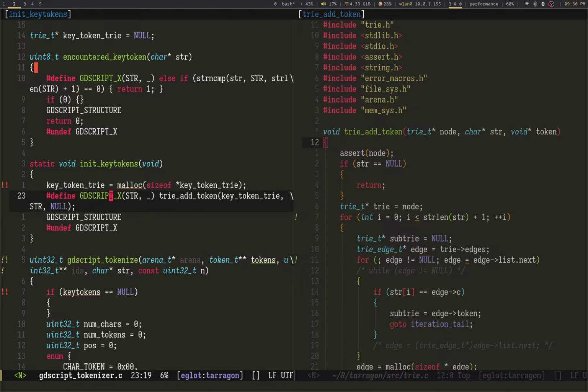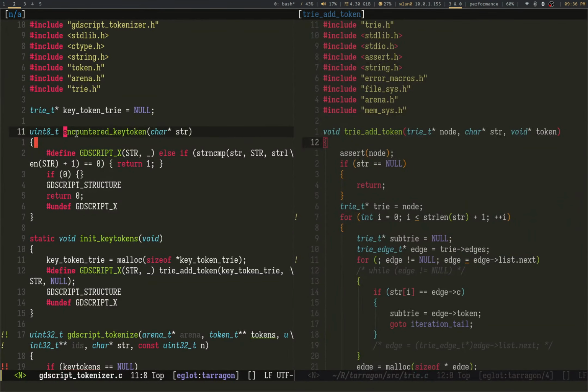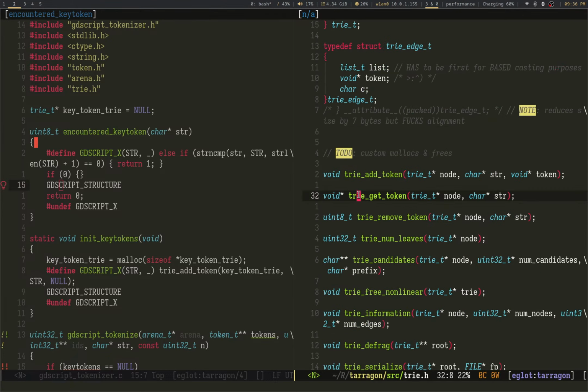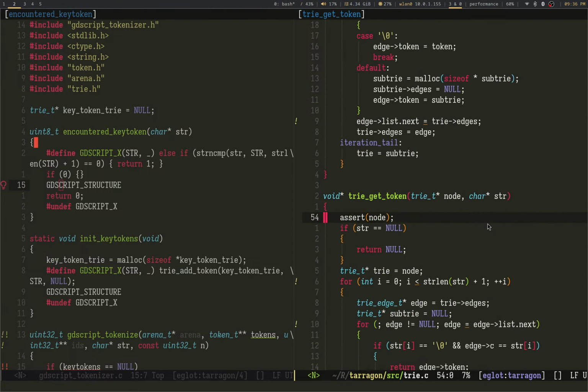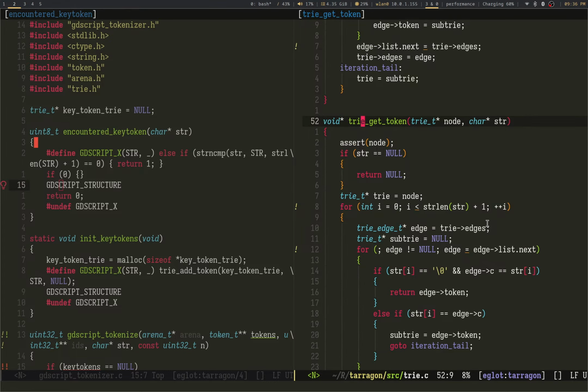So instead of having a giant if-else statement, I'm going to make a tree of all the keywords, and so it's much easier. And I can simply do get token, and let's see, cert node, so yada yada, and I think I can just kick in a string.